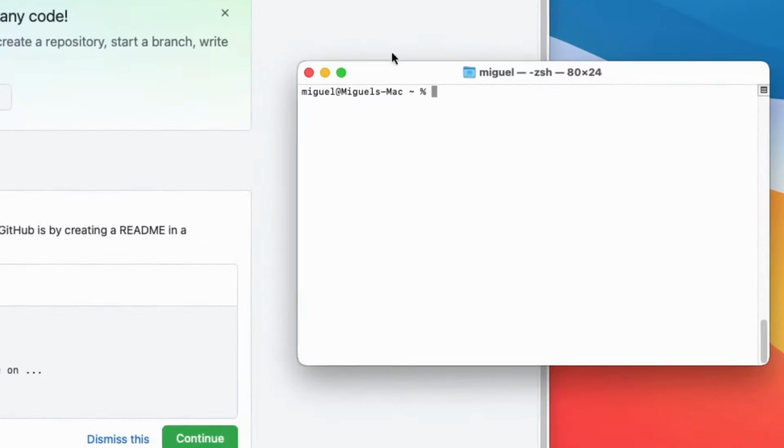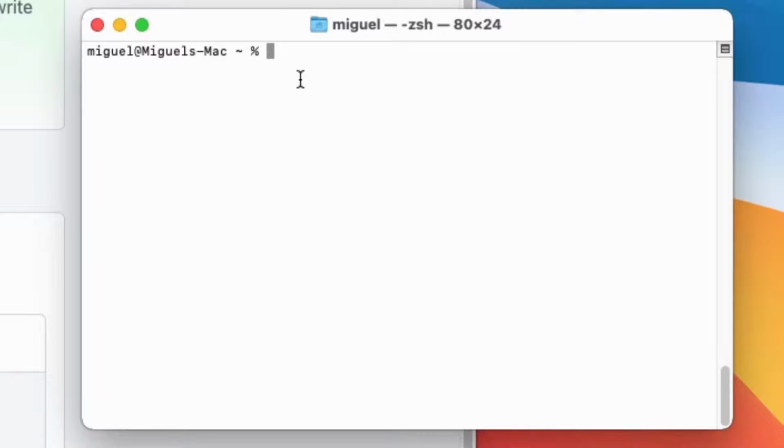Alright, so I have a terminal open. So the first thing you want to do is get the terminal open, and I'll just be looking at this document, following along. Okay, so it says first thing, open the terminal. Second thing, paste the following text below. I'll just type it for you guys. It is